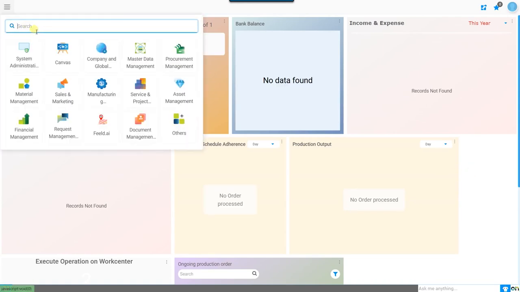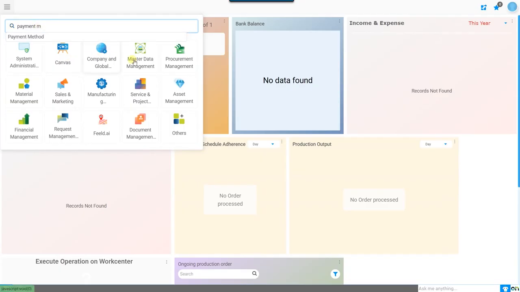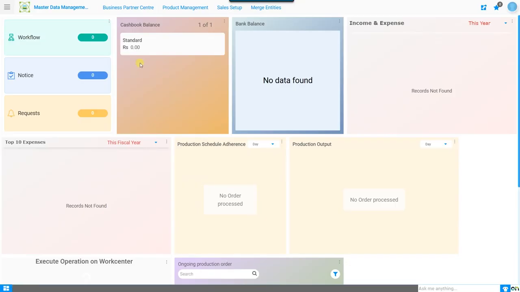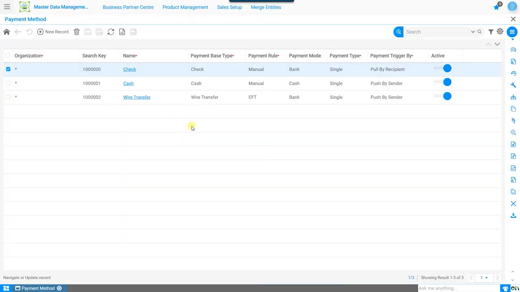From the menu search utility, you can search for the payment method window. Alternatively, you can directly click on Master Data Management under the Business Partner Center. Under Terms and Conditions, you will find Payment Method. Some payment methods may already be configured. To create a new one,